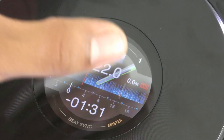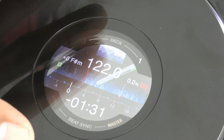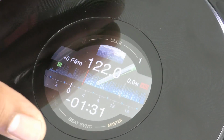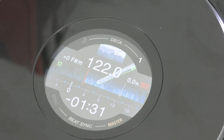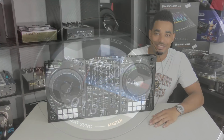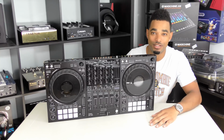But this is one of the biggest and best developments that I've seen yet from Pioneer DJ with their DJ controllers, and we hope to find something like this on their new flagship DJ players that are going to come out pretty soon, and we're hoping that they carry over all of the features that we see here on the screens in the DDJ-1000. So in conclusion, the brand new Pioneer DJ DDJ-1000 Rekordbox DJ controller is probably one of